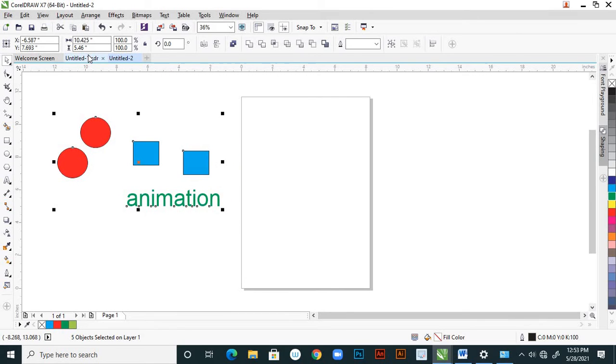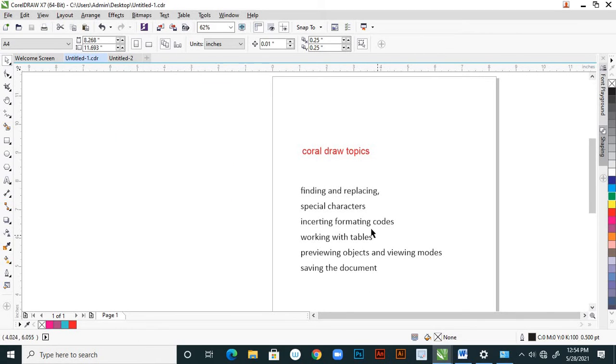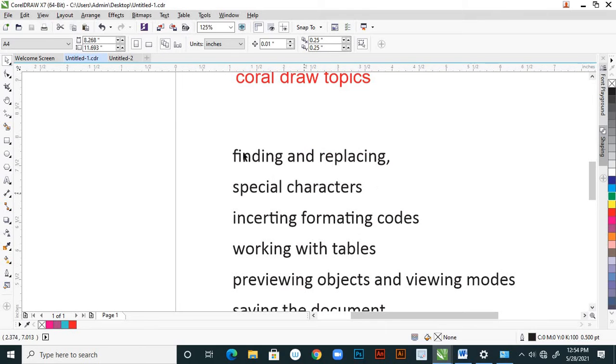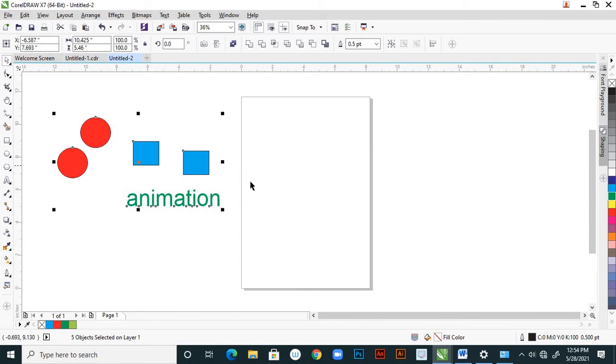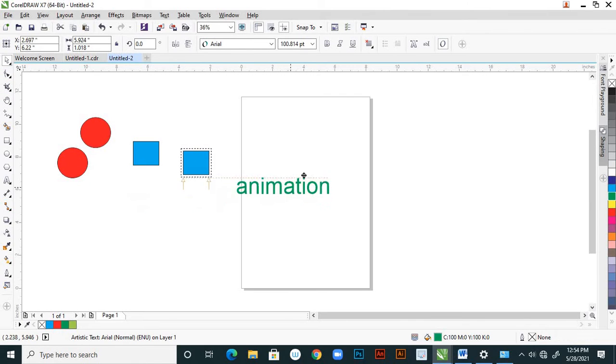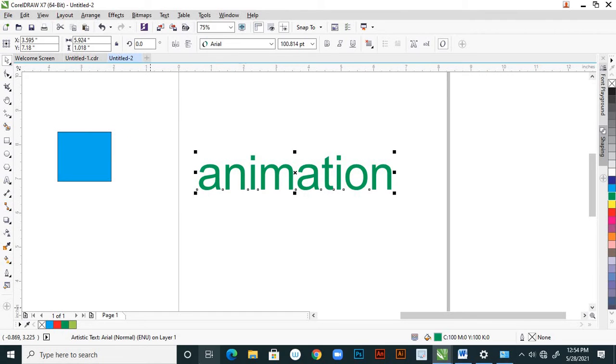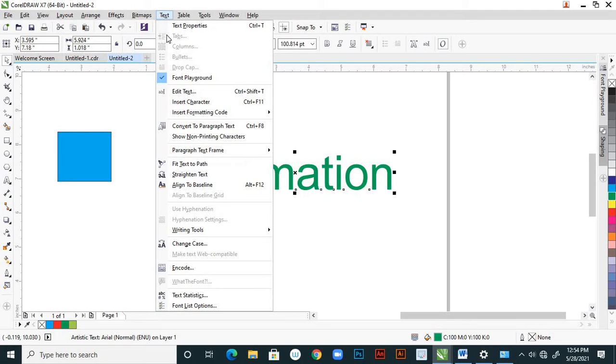And the next one is special characters. The special characters means what? Sometimes you have to insert some kind of different shapes, right? So for that, text and insert character.